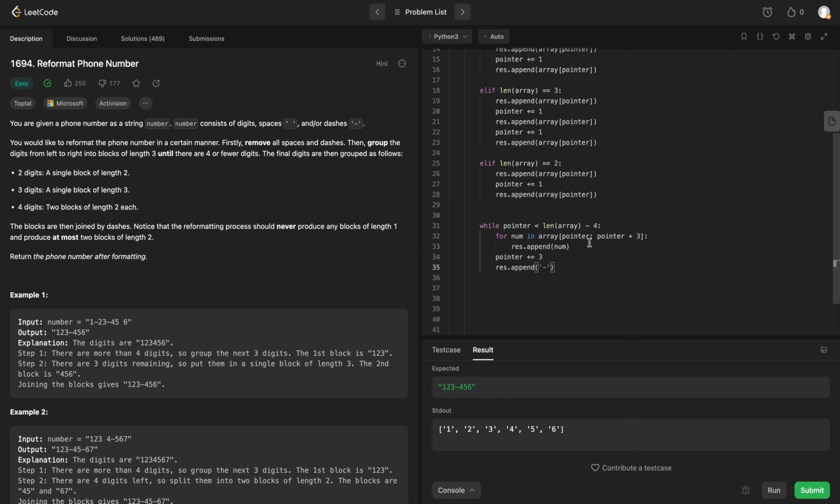So we're going to need this separator, and actually we will have. So after this runs, we've got our blocks of 3. Now what do we need to do? Now we need to have our conditionals, right? So our pointer will be pointing at 4 from the end. So we'll have to say